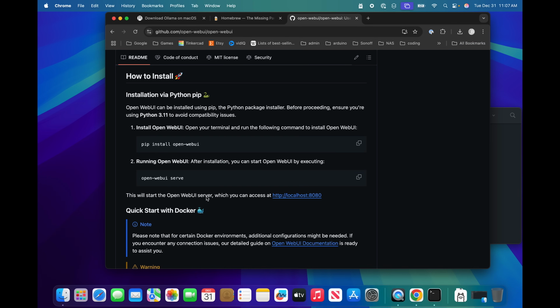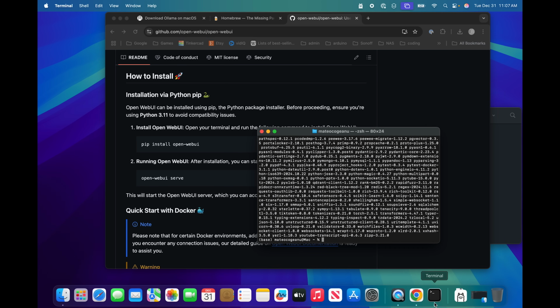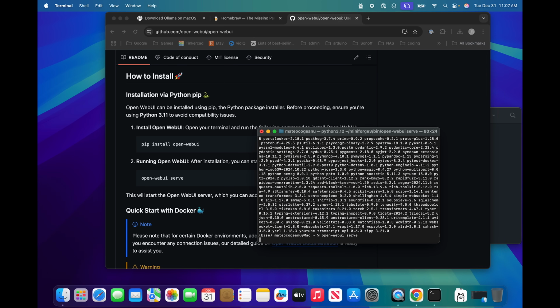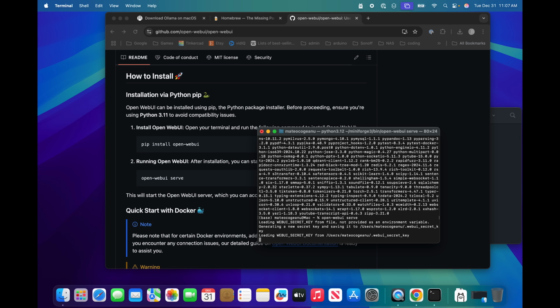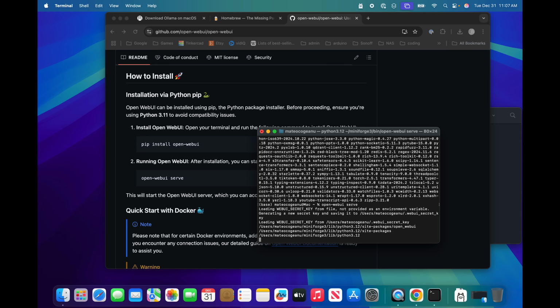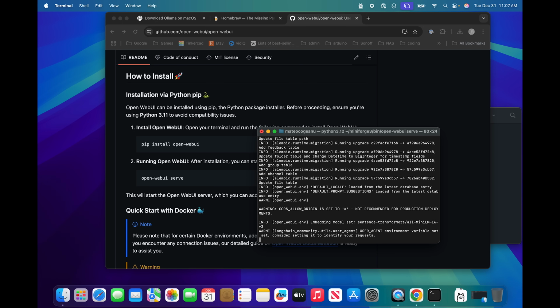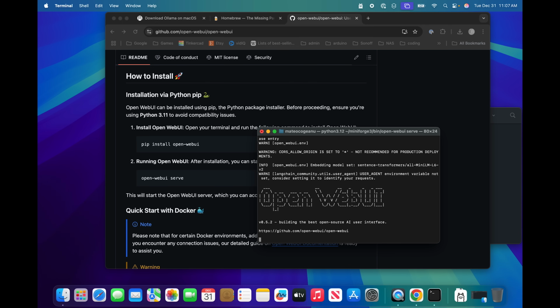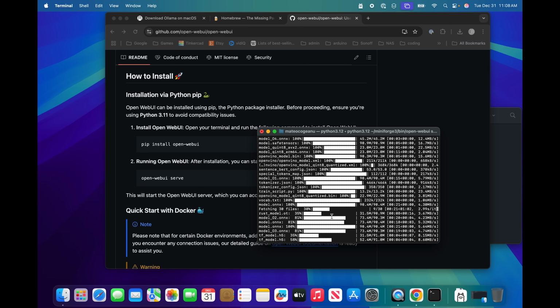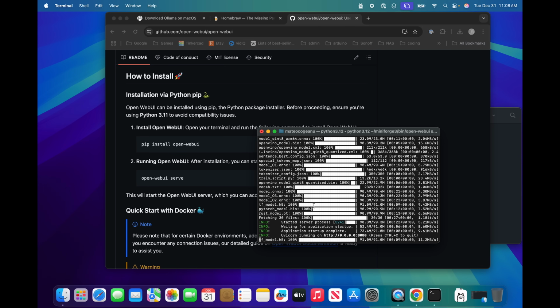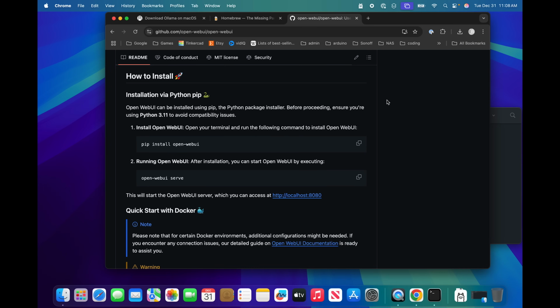And now we'll use this command, open-webui serve, to start Open WebUI. And it will start. We just wait a few seconds. It's okay, it's just a warning that it couldn't find something. You see, Open WebUI over here in nice ASCII art. And it started. So we can visit